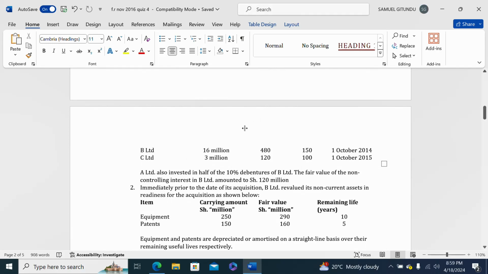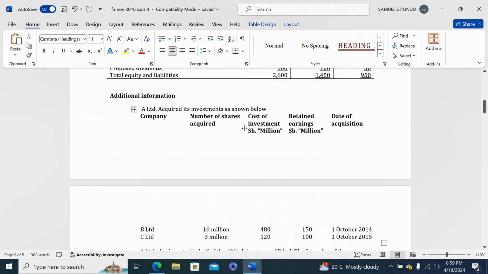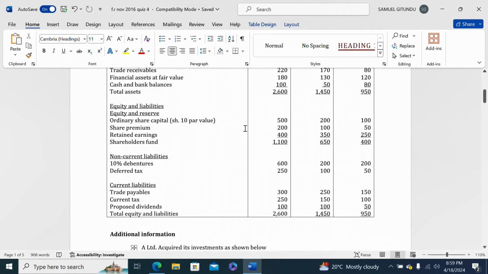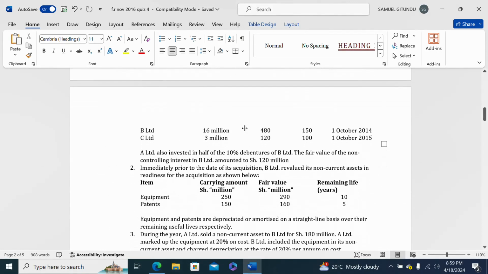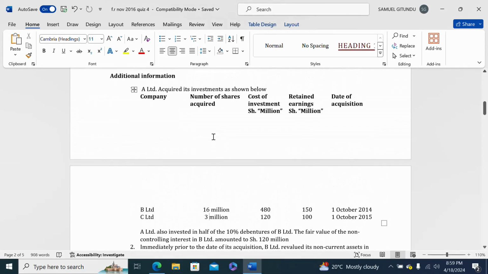So we first see how many shares were acquired by A Limited. A Limited is the parent because it is the company which is acquiring the other companies. It acquired 16 million shares in B Limited, and it also acquired 3 million shares in C Limited. So we can first check